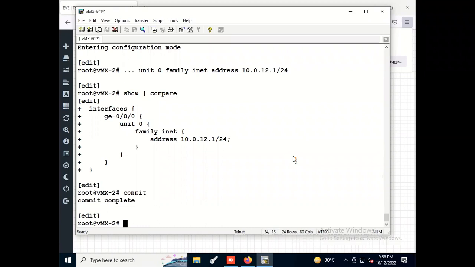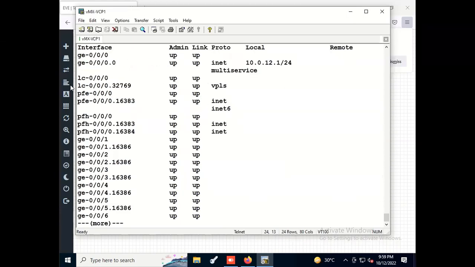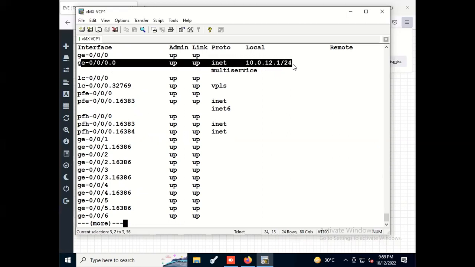So the commit is complete, and then if I say show now, suppose I don't want to go to the operational mode and give the command, but I want to use the run command here. So I can use the same command run here, and if I say show interfaces, let's use the word terse. I will tell you what that is later on. So basically you can see that under gigabit 0/0, this is the IP address,